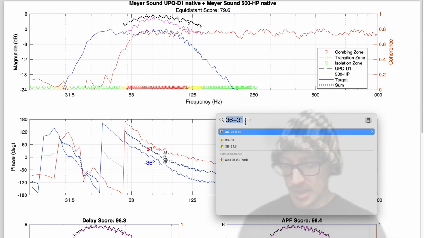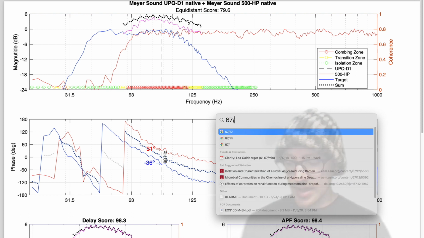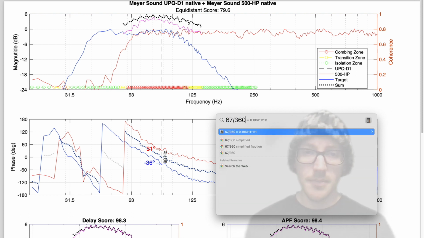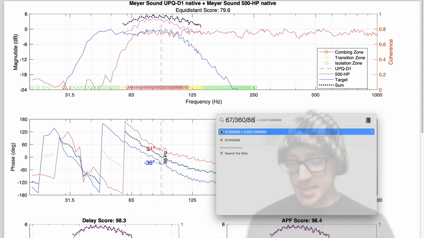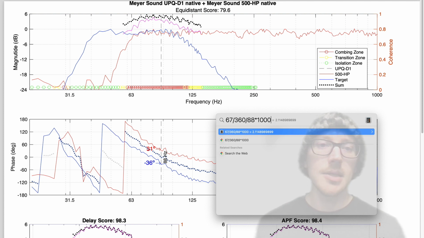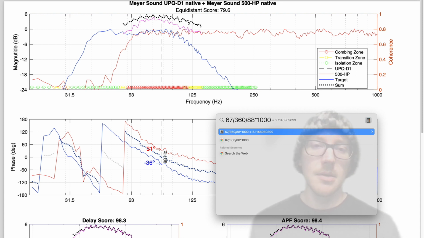So group delay formula: 67 degrees divided by 360, divided by the frequency that I'm measuring it at, which is 88 hertz. So 88. And now I have seconds, but I want milliseconds, so I multiply by 1,000, and I get 2.11